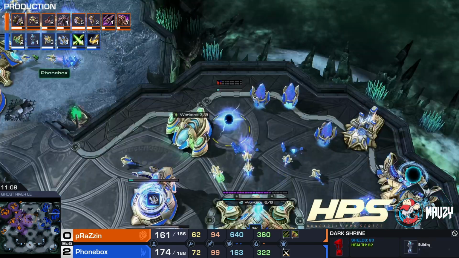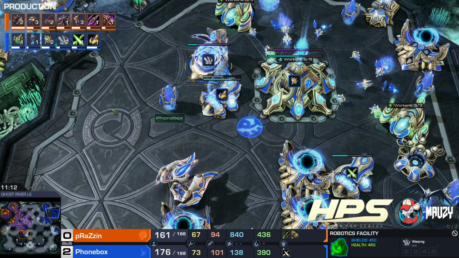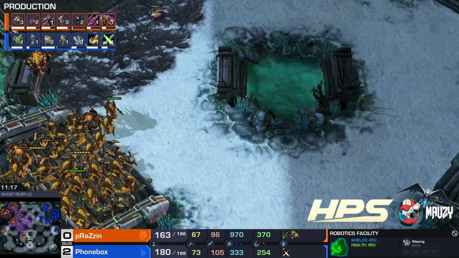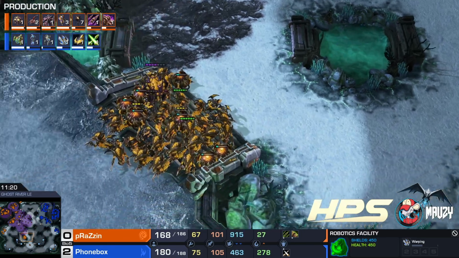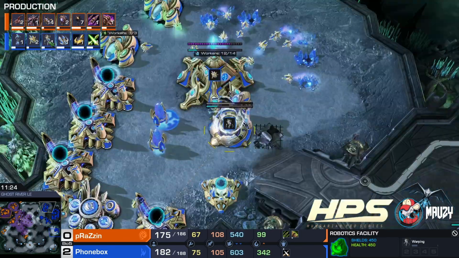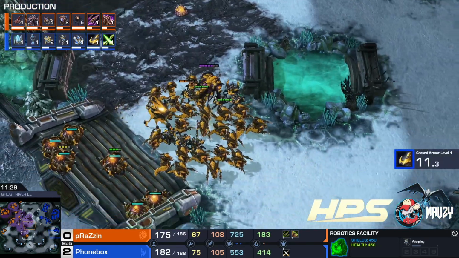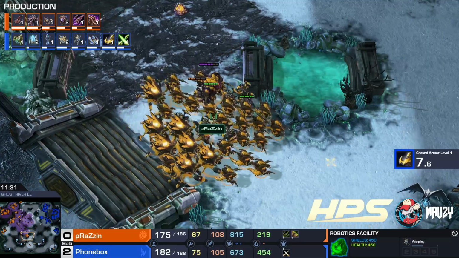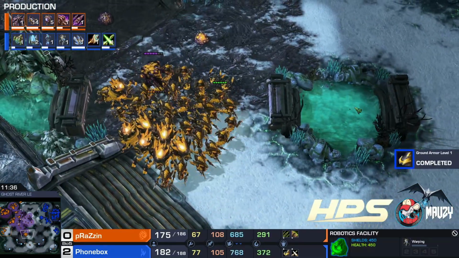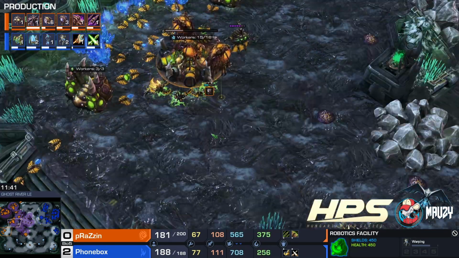Now a Dark Shrine is actually a good choice, and I want to see Disruptors because we have roaches, and Disruptors are a really good kill unit in PvZ, in my opinion. And again, I don't hate this either, because Colossi do well if you can stack up 3 to 5 without getting scouted, because then you might be able to put up such a death ball that you just end the game right then and there before they get